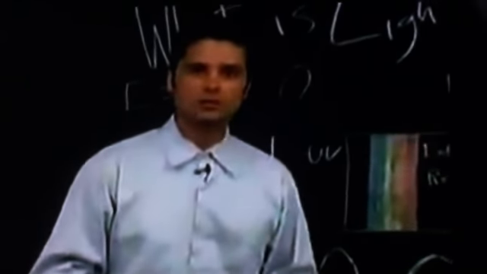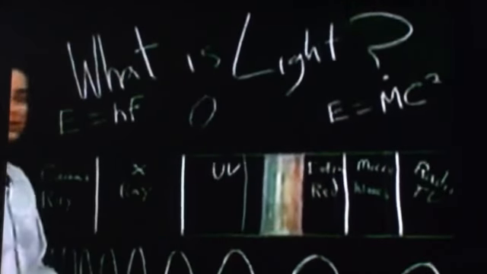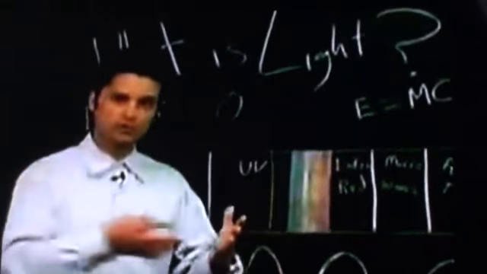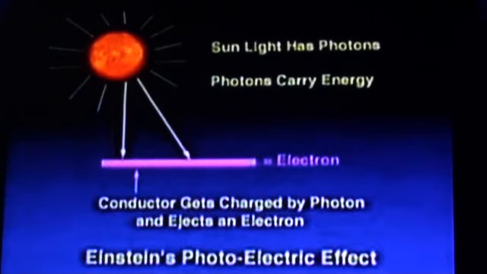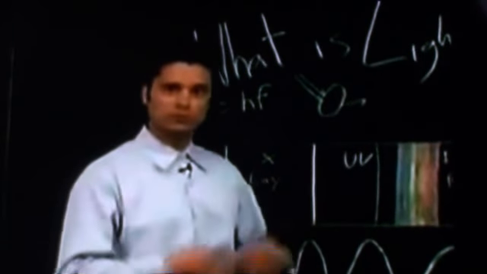Einstein won the Nobel Prize in 1921 for explaining the photoelectric effect. The photoelectric effect is essentially the conversion of photons, the particles that are basically light, into electrons, which is energy. He discovered that when photons struck a metal plate or a conductor, the metal plate ejected an electron. So when the photons, which are light particles, came into the object, the conductor ejected an electron, and that electron had a charge on it. So what that showed is that photons, light, had energy in them, and that light could be converted into usable